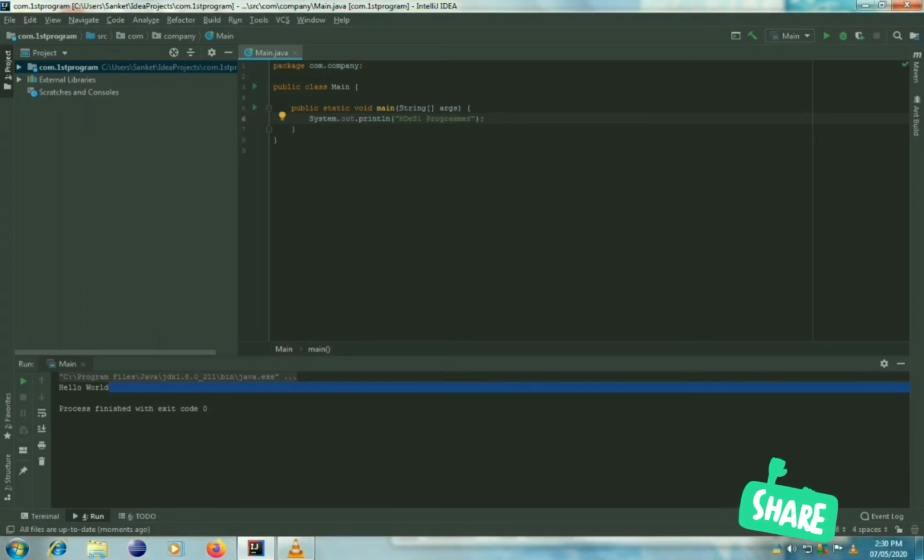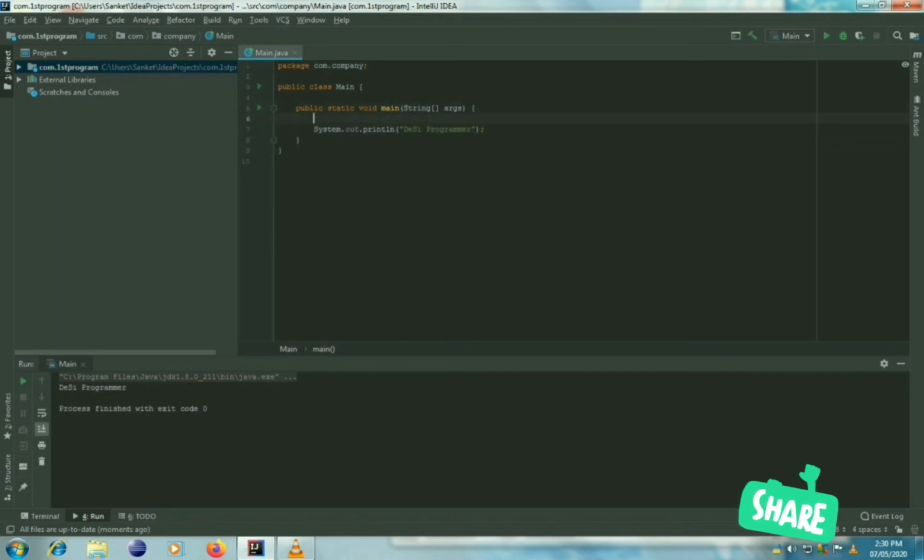Then we need to click on build, and then run. Let's see. In the console bar, you see Desi Programmer is written in there.